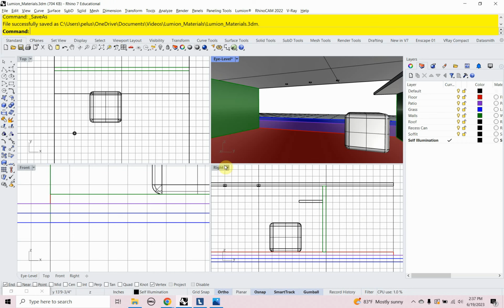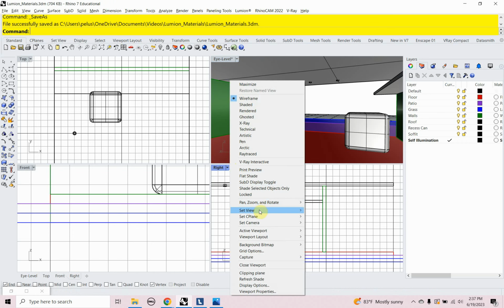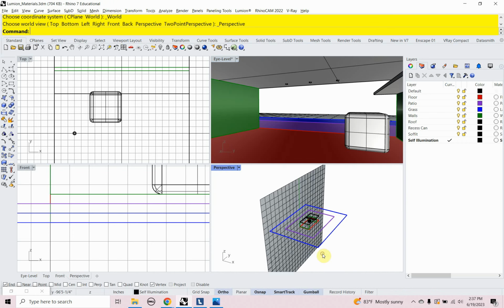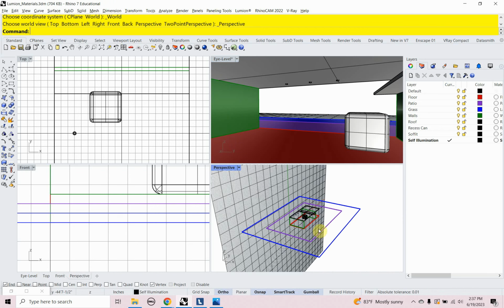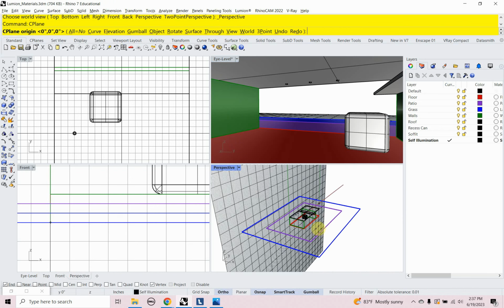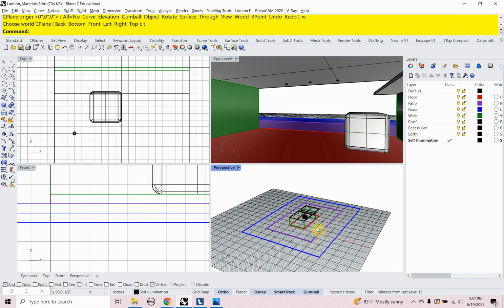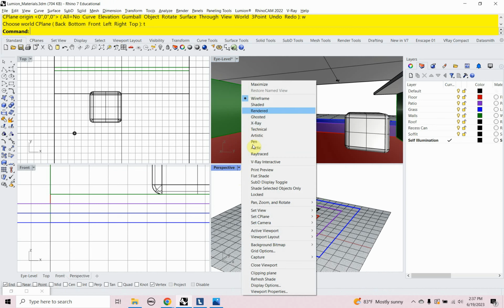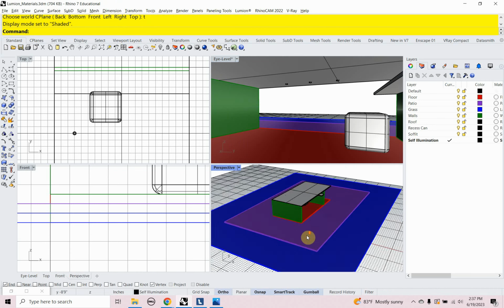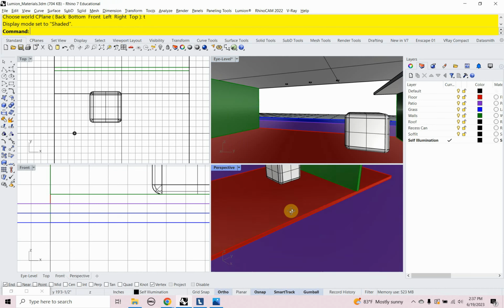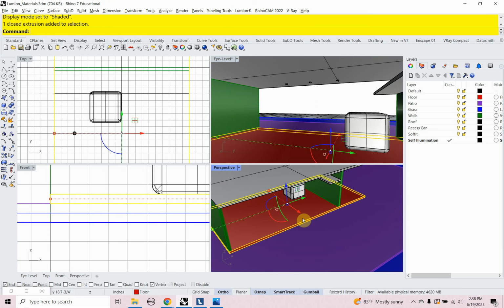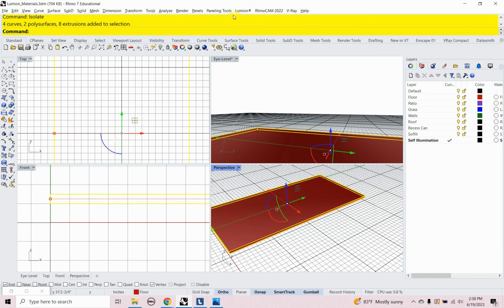at isolating the wood floor. I'm going to make my right viewport a perspective and change that C-plane to world top, and we'll make this a shaded view. And I'm going to isolate the floor, which is the red object in this case. So I'm going to click that floor, type in isolate, and live sync this with Lumion. So I'm going to start my live sync and head on over to Lumion,